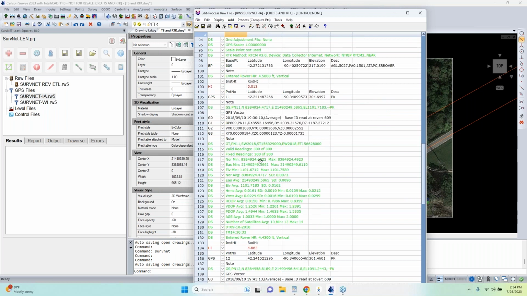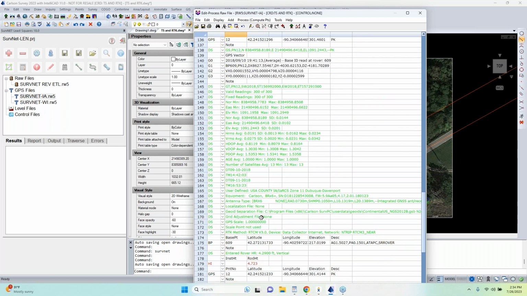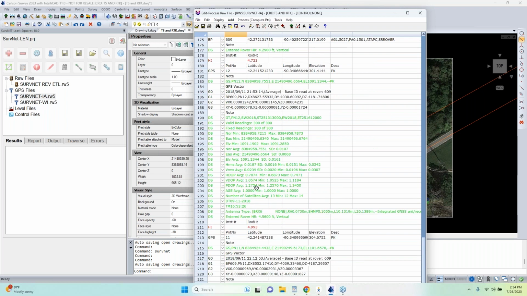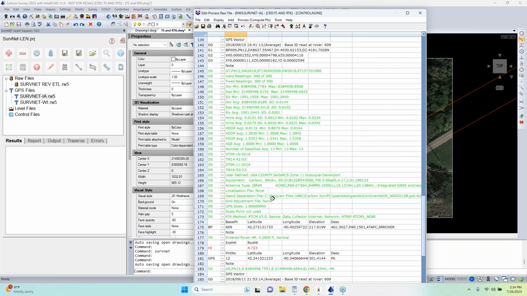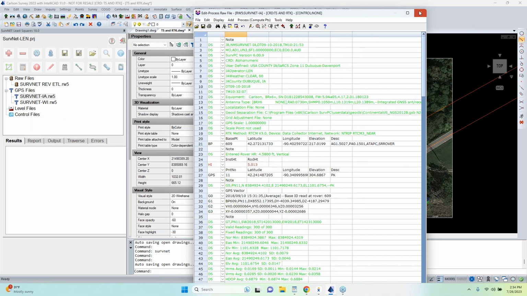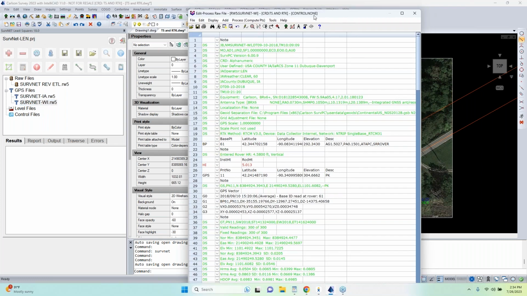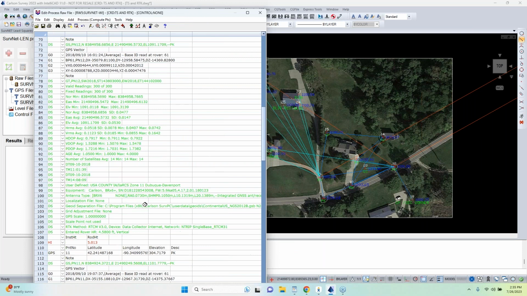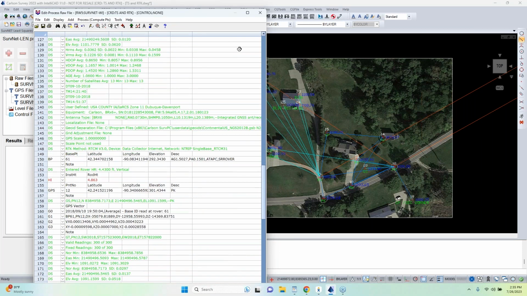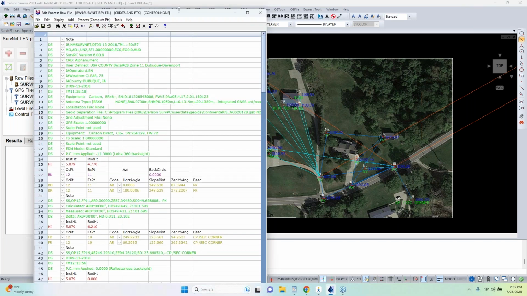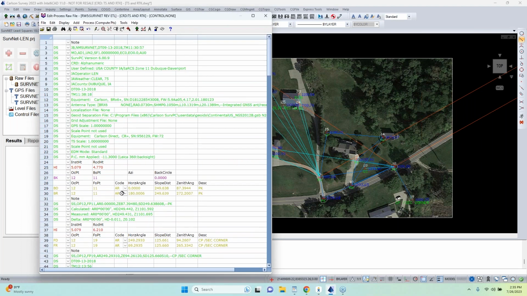There's my base point 609 to 11 and to 12. So I've got all my vectors there, and they're all from 609. And in my other file, I can double left click that, pulls it right up. And here are my other vectors that it's going to read. I've also got my traverse file. Double click that. This is really nice to work back and forth between the raw files easily when you're in